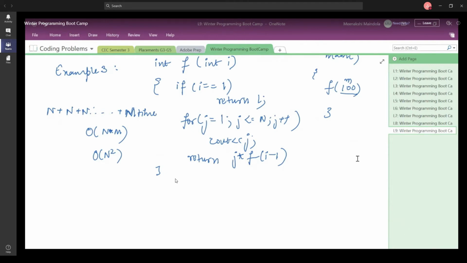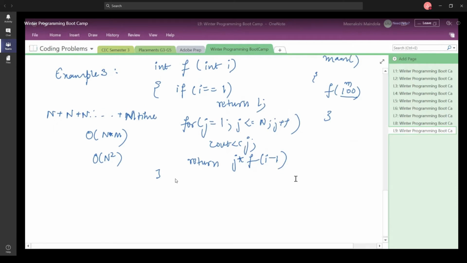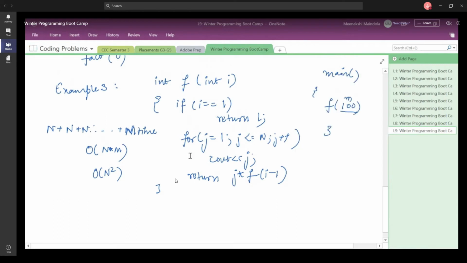Let us move ahead and talk about space complexity now. No, so why do you think the loop is taking constant time? Whenever you consider a time, let us suppose you have only this particular loop. If you have only this part of the loop, how much time is it going to take?